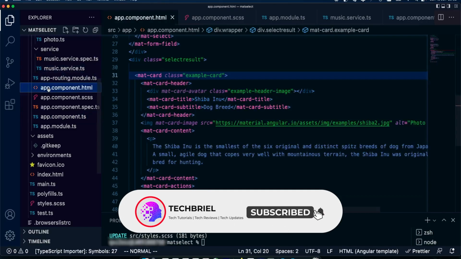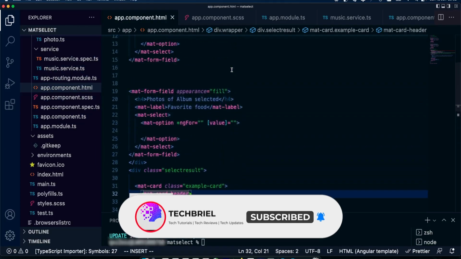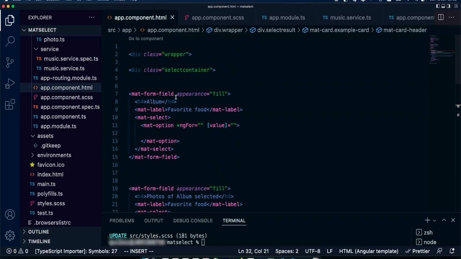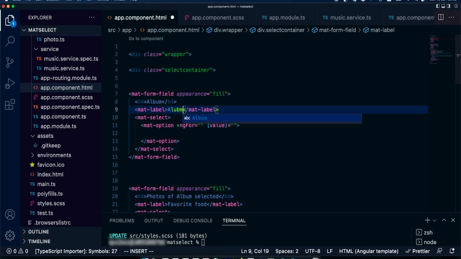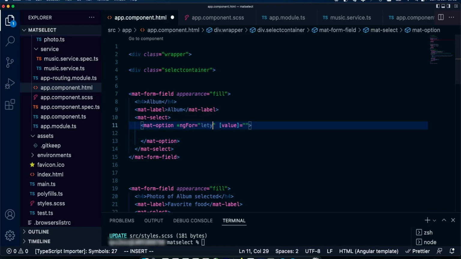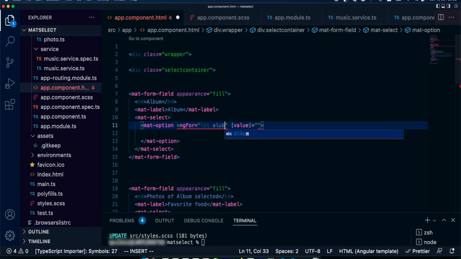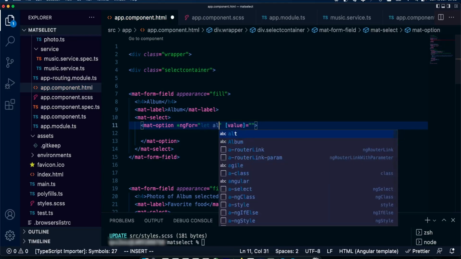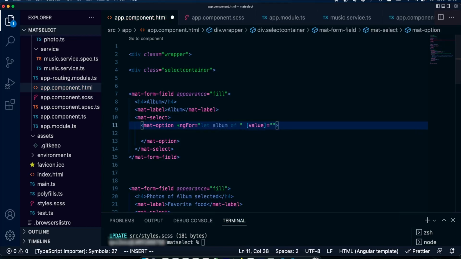Let's open up our component.html file. This is going to be album, and then inside mat-option, *ngFor let album of listAlbum, we pass the value.